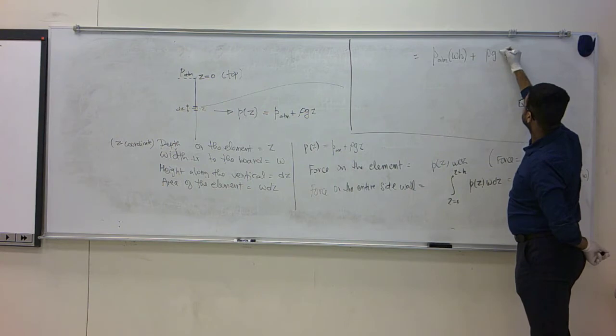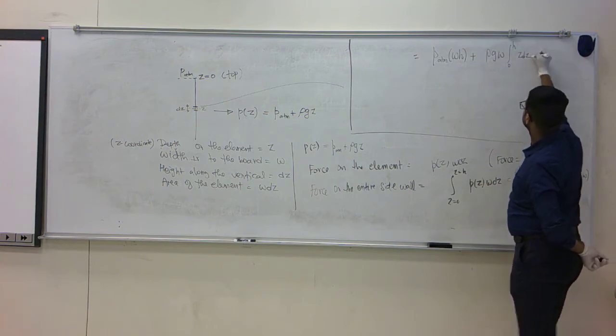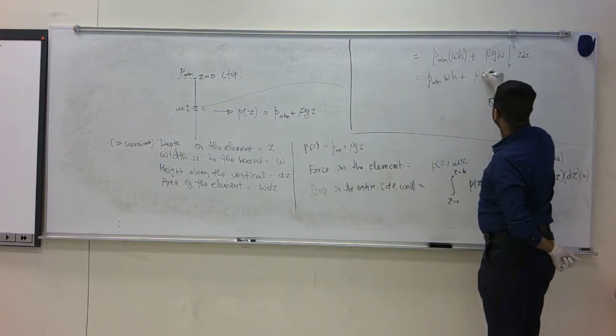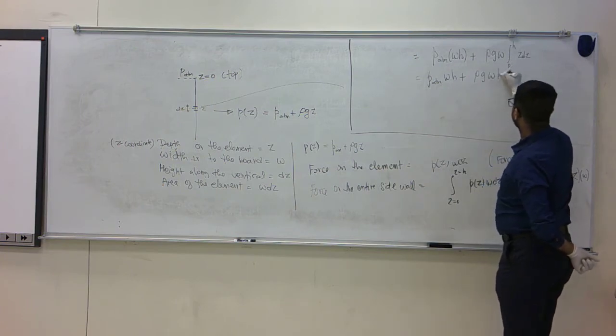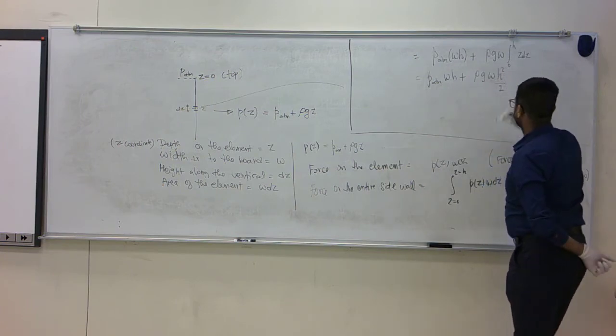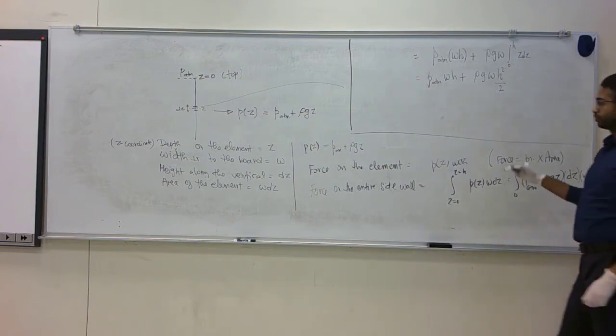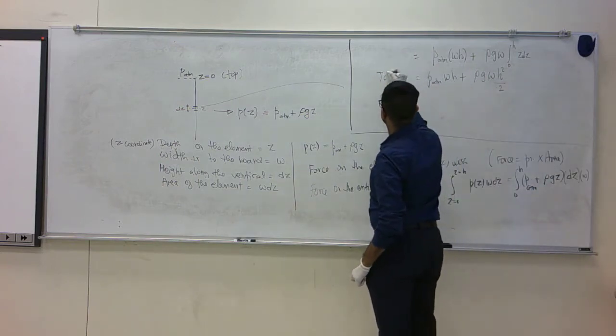Rho G W integral 0 to H Z dZ, which is P atmosphere W H plus rho G W H squared over 2. So the total force,